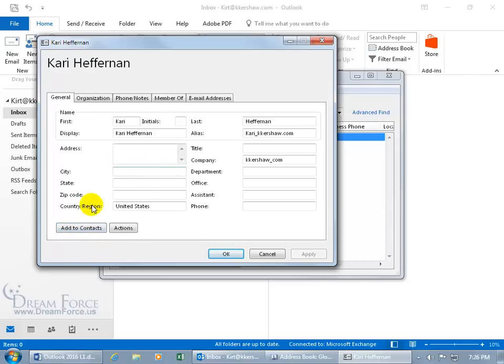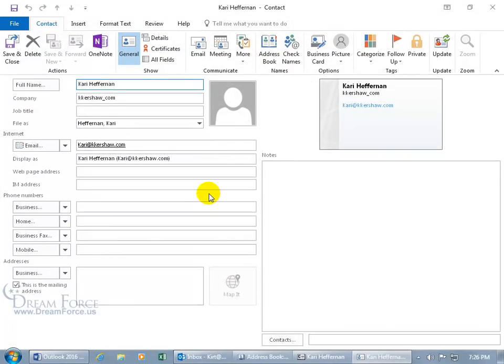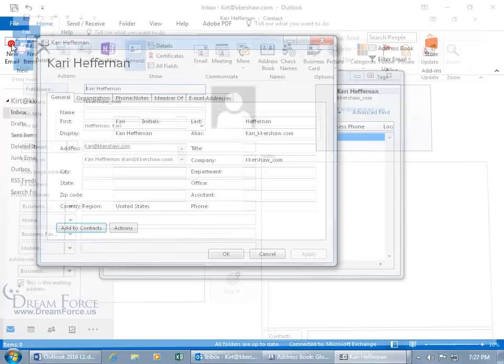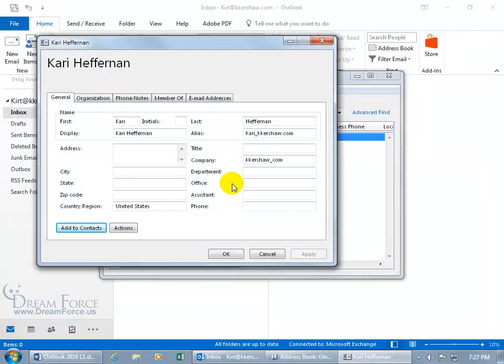So to add Carrie to my contacts folder, click on Add. Opens it up and allows me, before I click on Save and Close, to type in any additional information like the web page if she has a personal web page address, her business phone if it wasn't available, the business address, any notes. And then when I click on Save and Close, it's now been saved to my contacts folder,